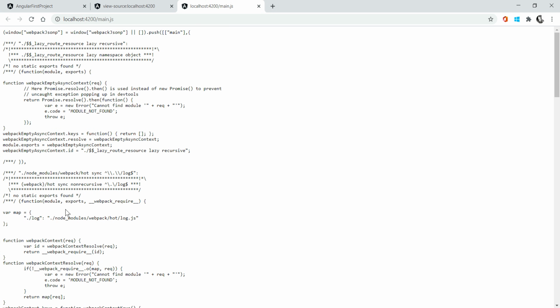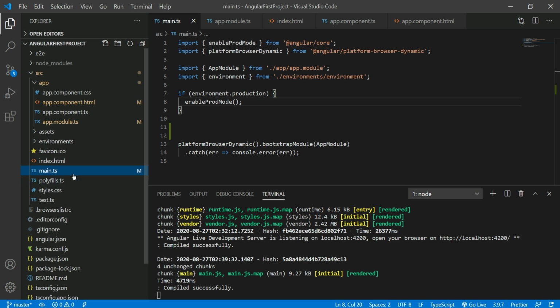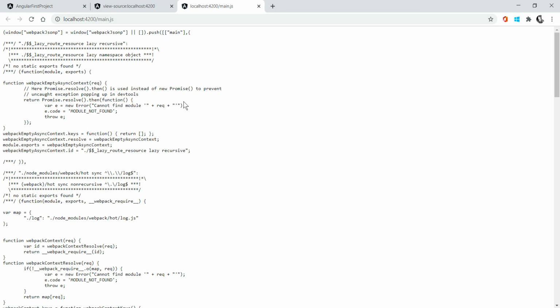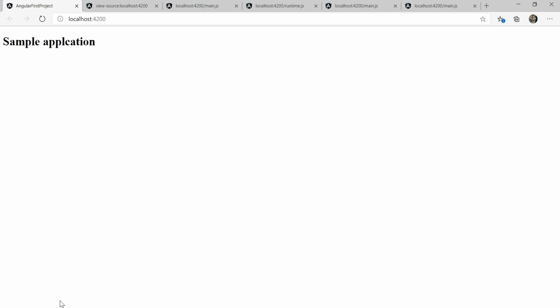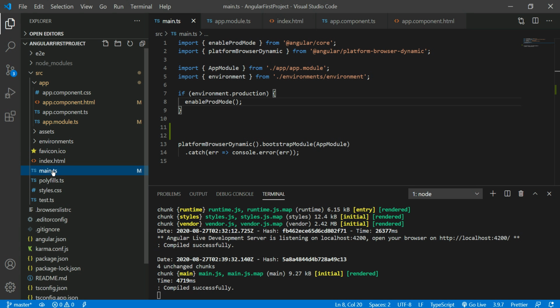Now come here. I said that the main.ts file is a very important file in this web application, because the entire logic or content, whatever you can say, is shown based on the main.js file. If you go to the main.ts file and observe this statement, bootstrapModule, what does it mean? It is the startup module of this entire web application. That is the app module. The app module is the startup module for the entire web application.